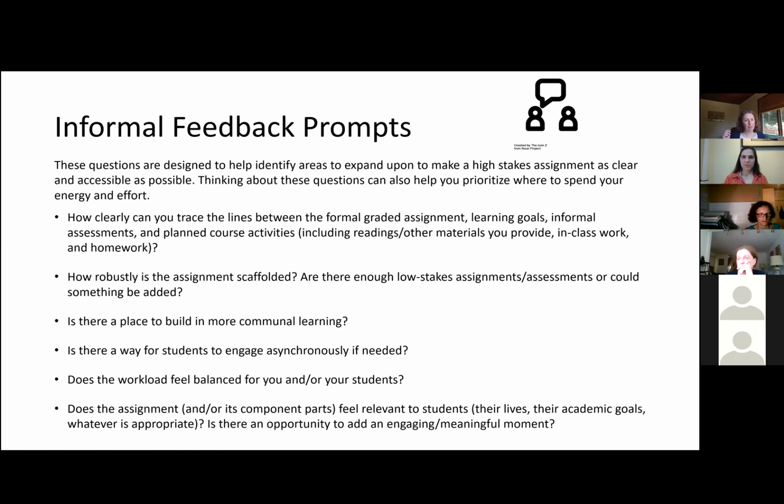And this can be challenging for a lot of people to think through, but that's something to be aware of. And then also, this is really important: does the workload feel balanced? Not only for your students, but also for you. Sometimes Pamela and I hear people's ideas that are really exciting, but we're like, wow, that sounds like a lot of work. Maybe it makes sense to start off with something a little bit more scaled back for the first time, and then try that out and take it from there, instead of going full 150% on something. And then lastly, a prompt to consider is, does the assignment or its components feel relevant to the students